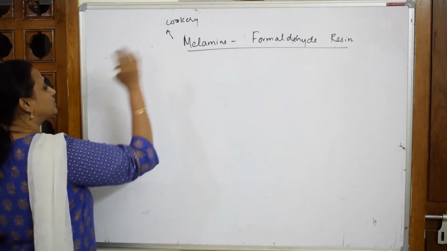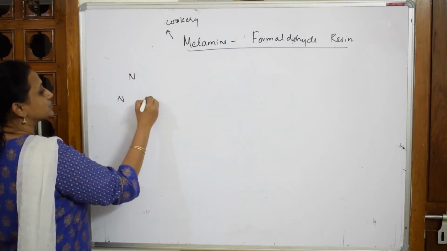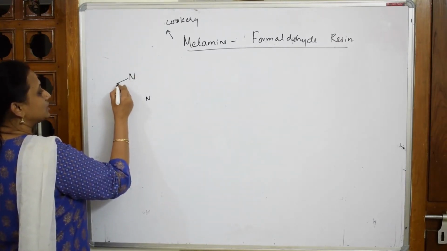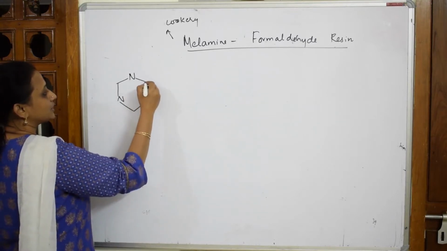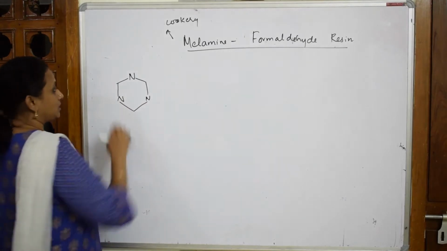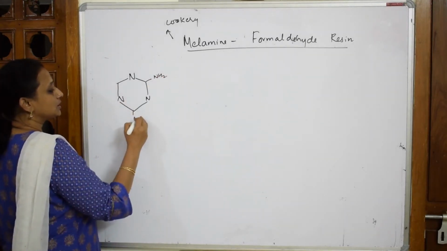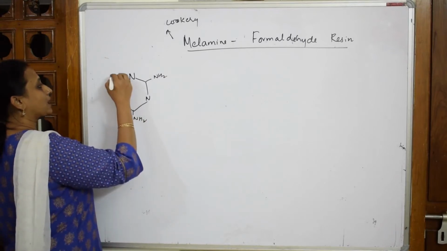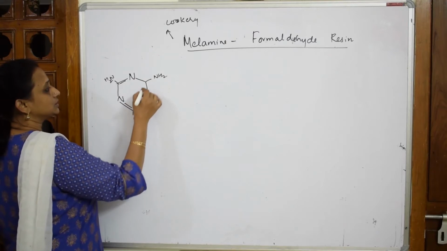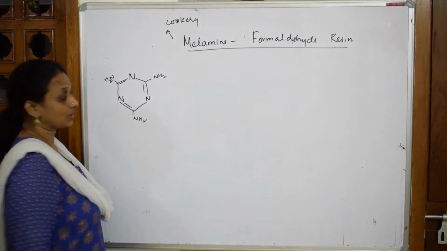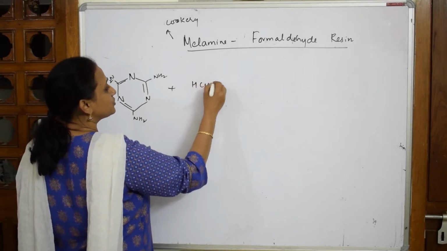Let us first write the formula for melamine. For melamine formula, you have 3 nitrogens first. Join them 1, 2, 3, 4, 5, 6. Now, you have on the corners NH2, and you have double bond here, double bond here, double bond here. Now I'm going to combine with formaldehyde HCHO, which I can write as